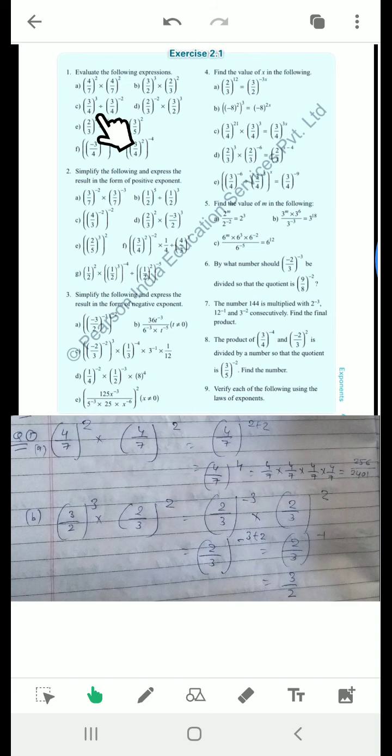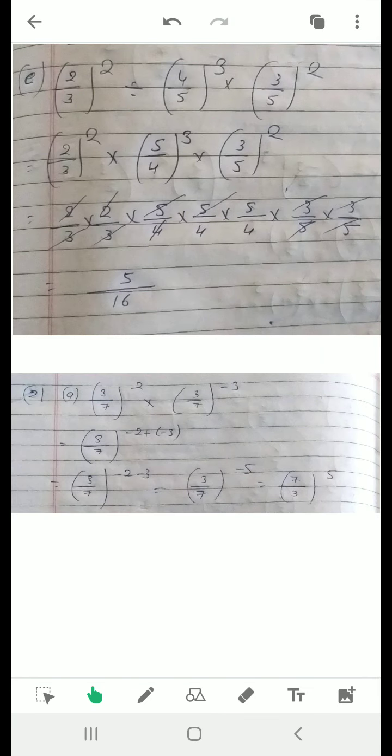And option C, division is there, you can see the bases are already equal, so you can solve by subtracting the powers. And option number D, 2 upon 3 power minus 2 multiply 3 upon 2 power 3. Here the first power is negative, so I can convert this negative exponent into positive. So we can write 3 upon 2 power 2. Afterwards there is 3 upon 2 power 3. Then you will find that the bases are the same and multiplication is there, so you can add the powers. Try to solve these questions. The next option E I solved on the next slide.